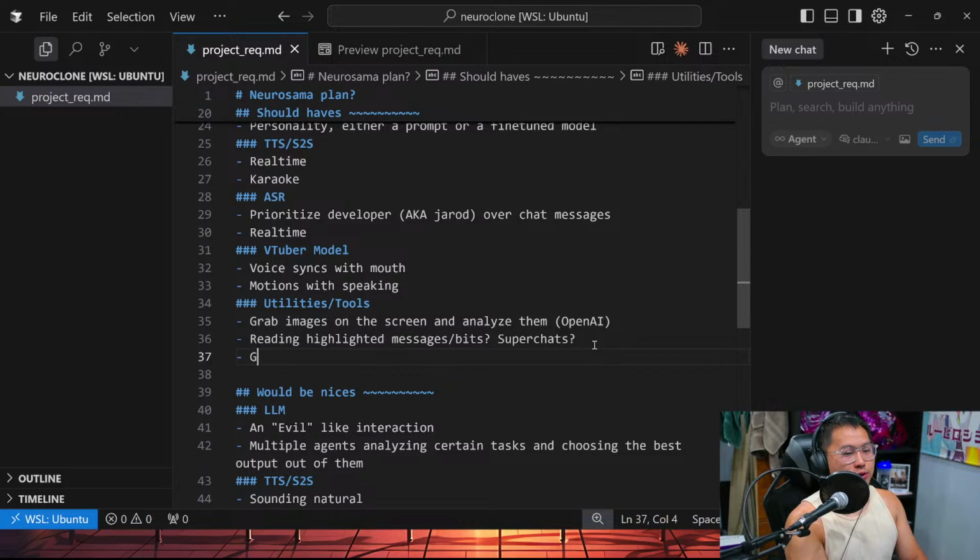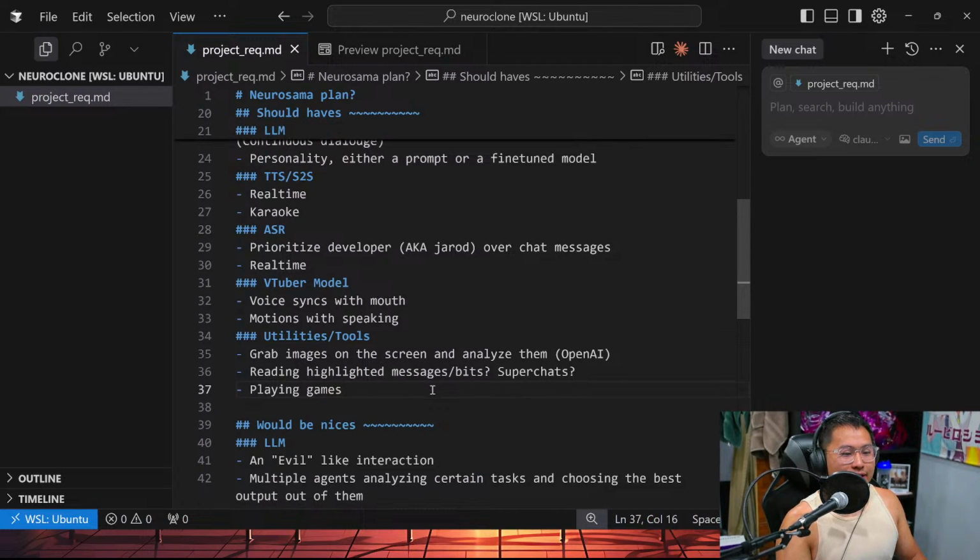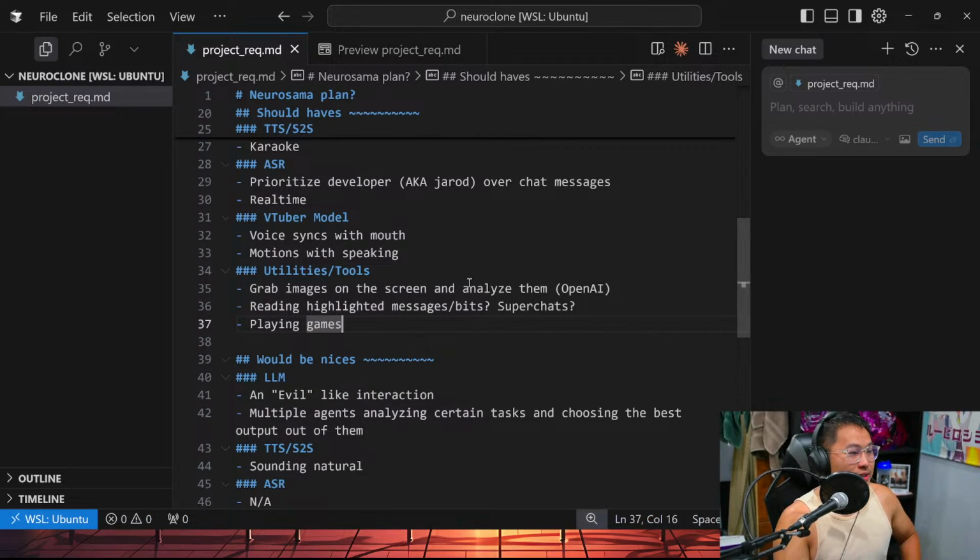Oh, I kind of want to do playing games here. I think we could do this. I've been working on some reinforcement learning recently, trying to figure that stuff out, to learn how to play some video games. So I've been playing around with that. I would like to work on that area, so I am bumping this up from a would be nice to a should have, so that maybe we can learn how to do this together. I really want to get it playing. I really want to be able to get it to parry in Expedition 33. So, yeah. But Thomas, oh yeah, the complexity is going to be nuts.